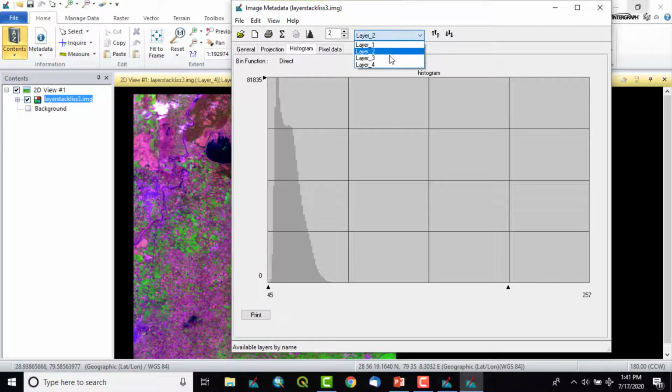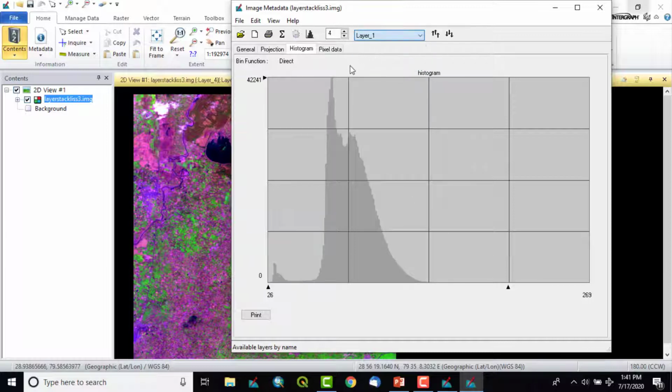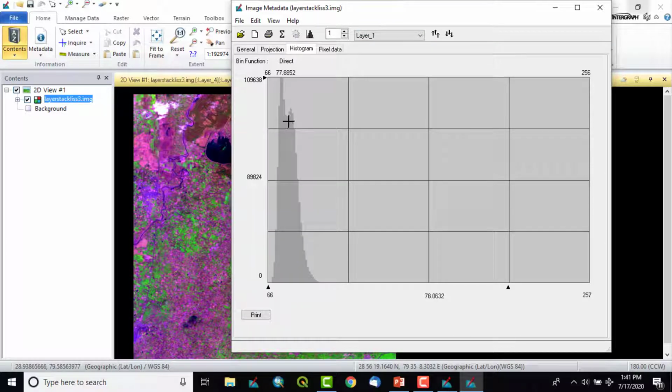Each layer will have a different orientation of the histogram because each band contains different bandwidths or wavelength bands. So that's why its signature or its reflectance will be different. Right now we are dealing with layer 1 or band 1.